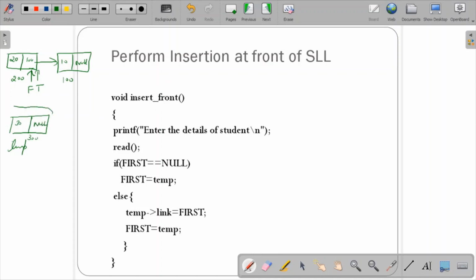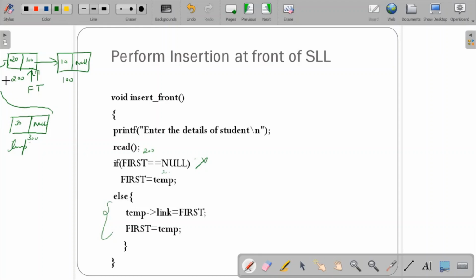So this node needs to be added to this from here. Don't look at the code, just check here. In case if first is equal to null, no, our first is already there, so it is not equal to null. If no node was there, whatever the first temp is, I would have made it first. In case there was no node itself, I would have made this temp, and the memory address of this, that is 300, I would have passed over here. But in our case, first is not equal to null. The value of first is 200, so it is not equal to null. So it will go to this particular section.